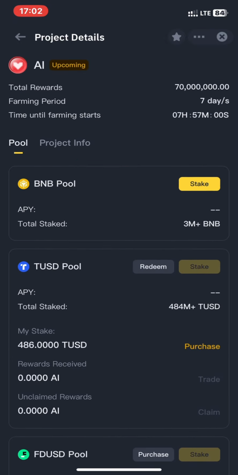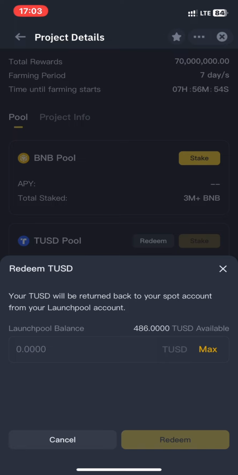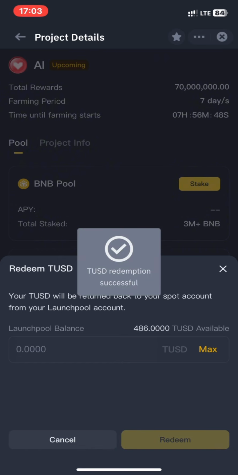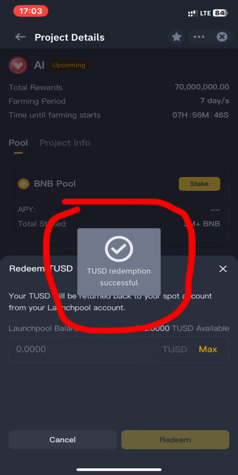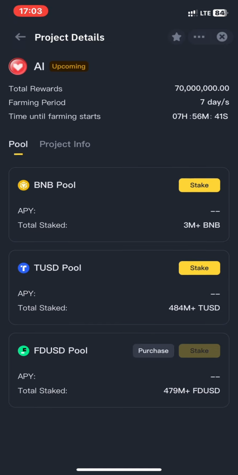Press redeem. Once you press redeem button, it's going to take you to where you'll be able to redeem the token, and you can press max if you want to redeem all your token and press redeem. Once you press redeem, your funds is going to go to your spot wallet, and you can go back again